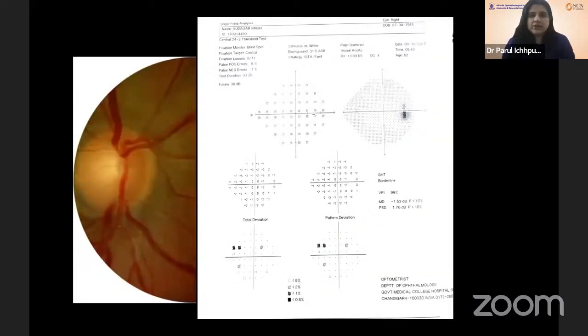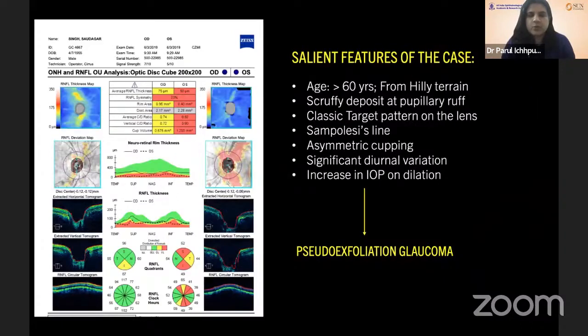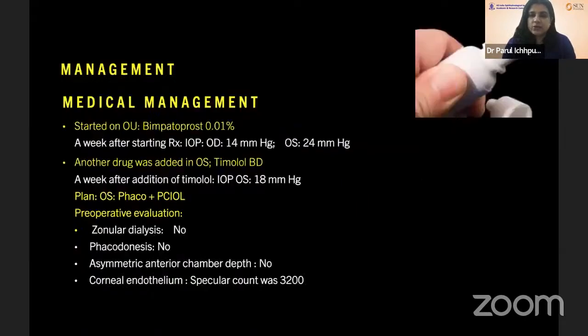The perimetry in the right eye showed just a few defects, and the left eye showed significant defects, and there was a split fixation when the 10-2 test was done, which corroborated with the disc. The salient features of this case were that the patient was over 60 years old, was from a hilly terrain, had scruffy deposits at the pupillary ruff, a classic target pattern on the anterior lens surface, a prominent Sampaolesi line, asymmetric cupping, significant diurnal variation, and an increase in intraocular pressure on dilatation. All this pointed towards the diagnosis of